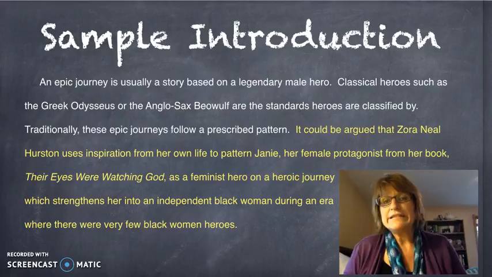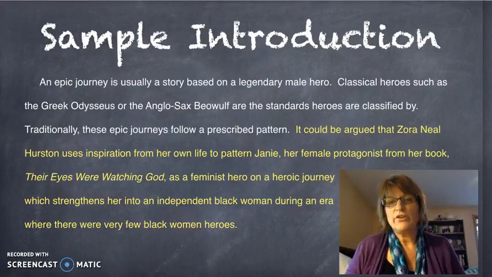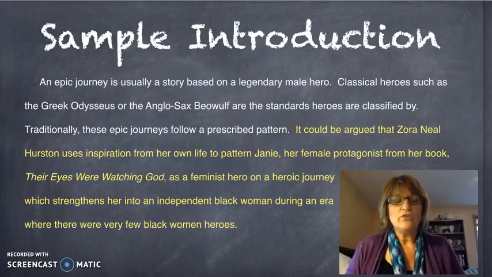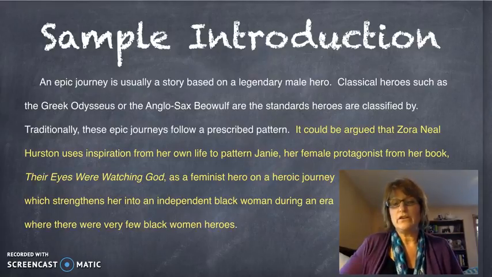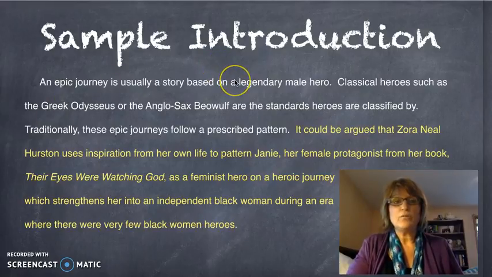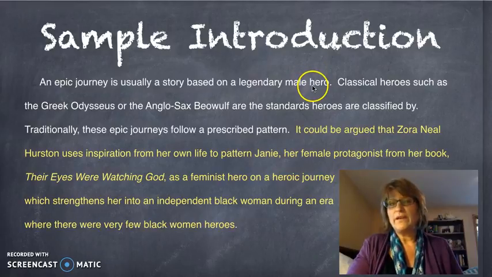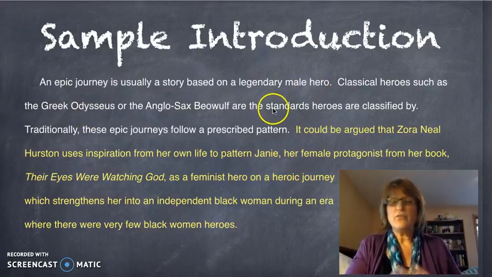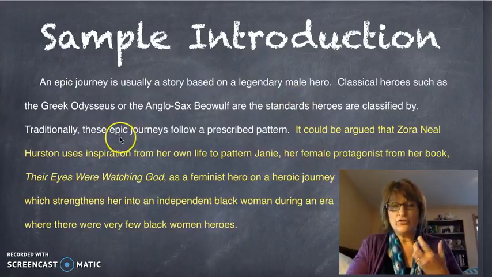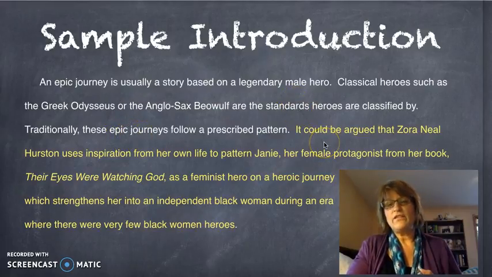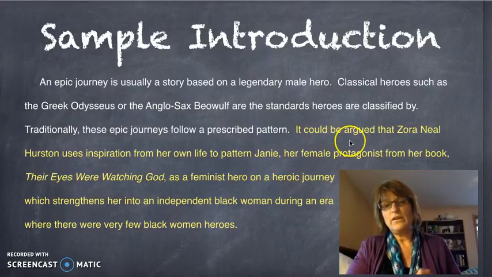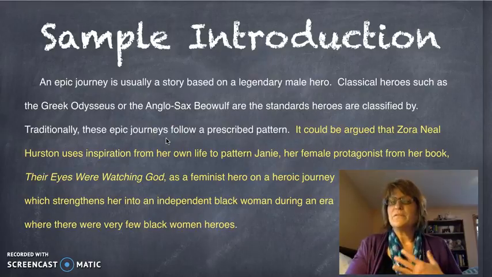It could be argued, here's my thesis, that Zora Neale Hurston uses inspiration from her own life to pattern Janie, her female protagonist from her book, Their Eyes Were Watching God, as a feminist hero on a heroic journey which strengthens her into an independent Black woman during an era where there were very few Black women heroes. So that is my sample introduction, starting broad. We're starting with the idea of heroes, usually men heroes, the classical idea of what heroes were defined by, introducing the idea of epic journeys, and then joining it all together that we're now having a female hero on an epic journey fighting